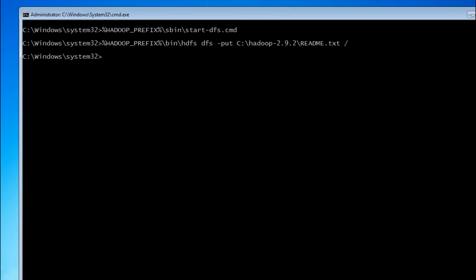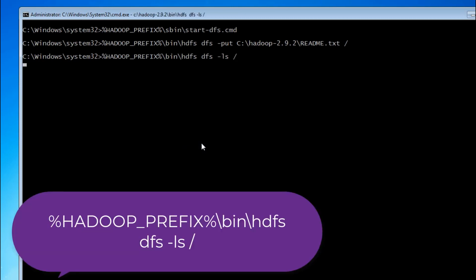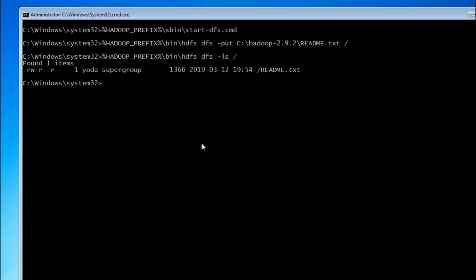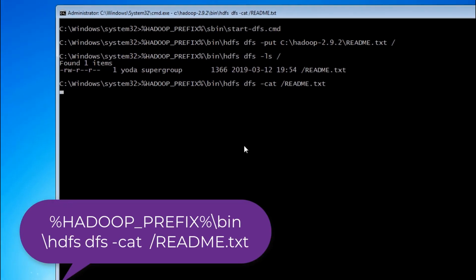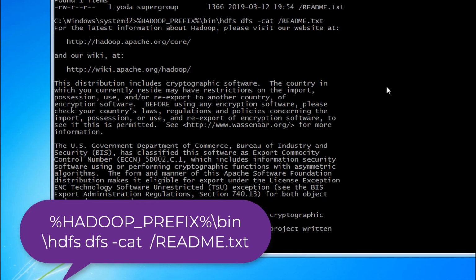And now let's do a listing of the HDFS file system with this command, hdfs dfs -ls /. So as you can see, the data is here. You can also do a cat of it. Okay, so this is the output from HDFS.